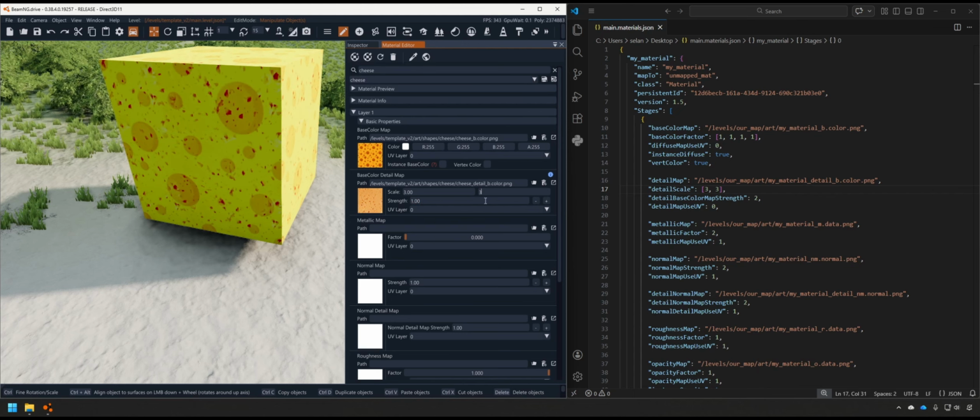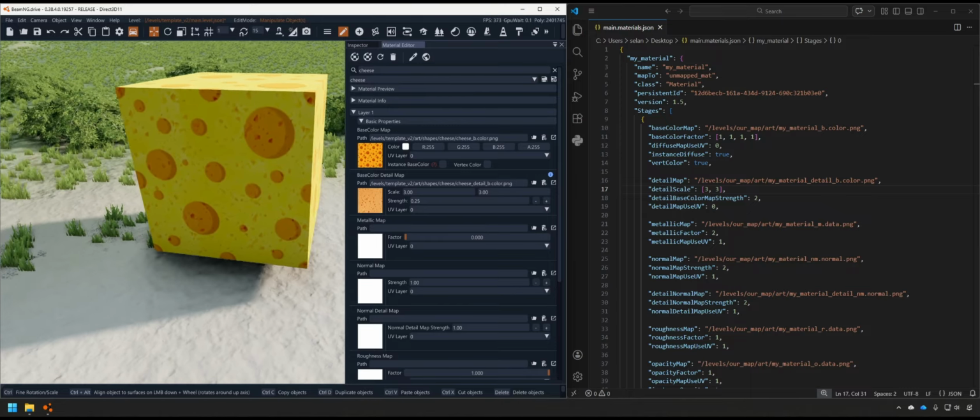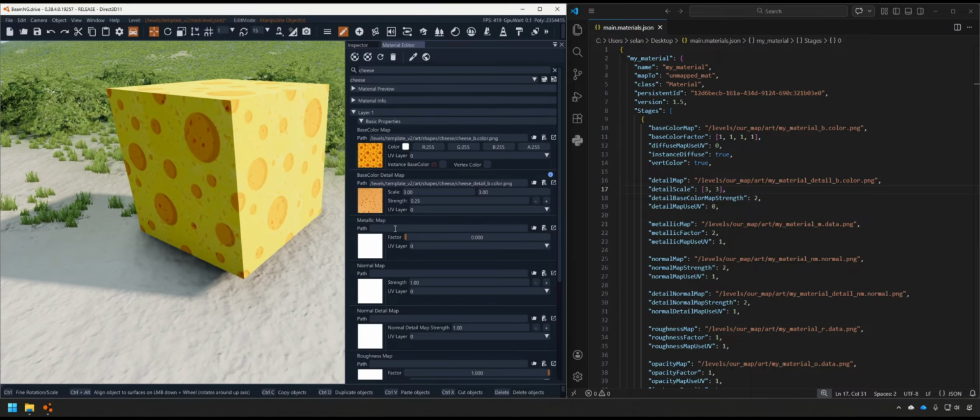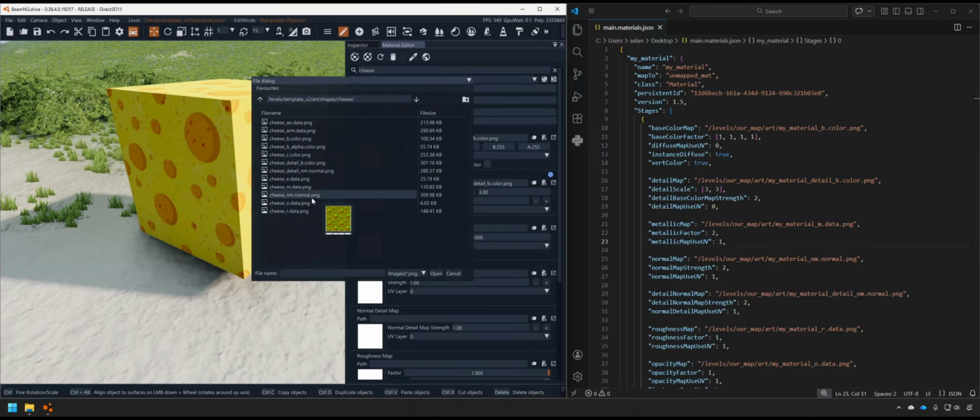Next, we have strength. This controls how strong the detail texture influences the final surface. So for strength, let's go ahead and make it pretty subtle. We also have another UV layer option that works the exact same as the previous map. Solid. So moving right along to metallic. Metallic map defines whether the material reacts to light like metal. It's a grayscale image, and let's go ahead and pick